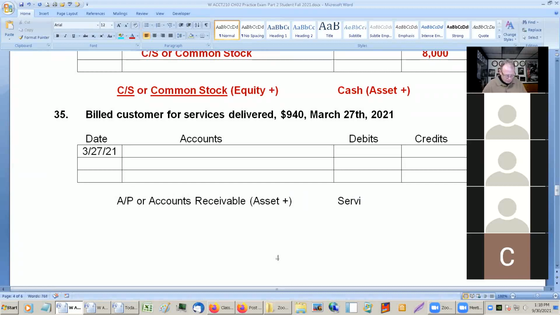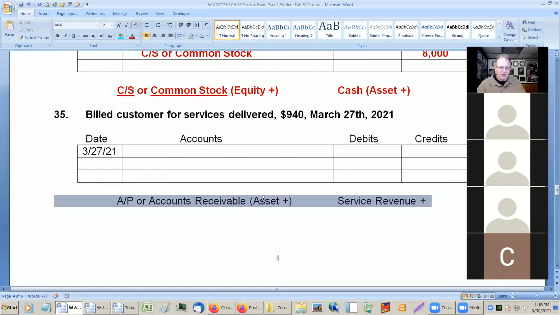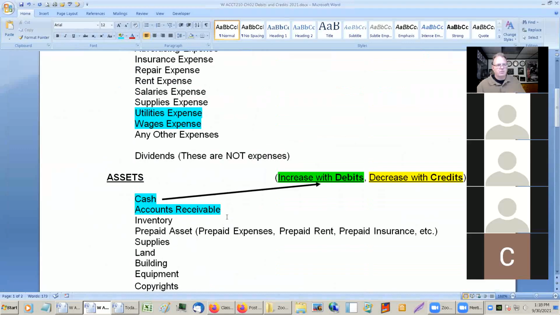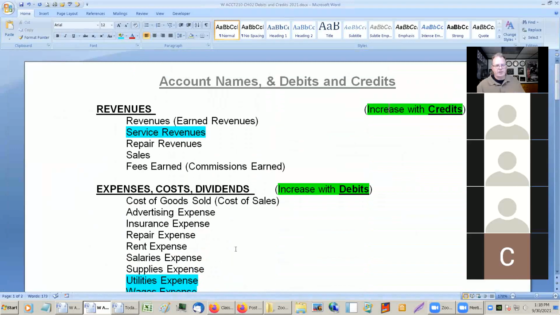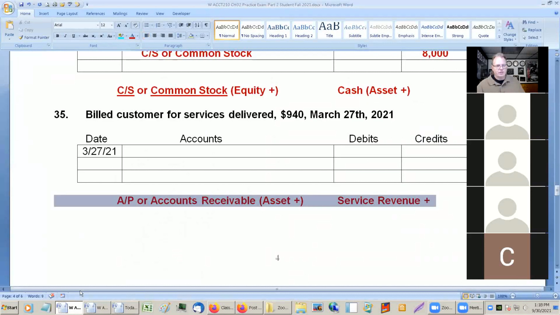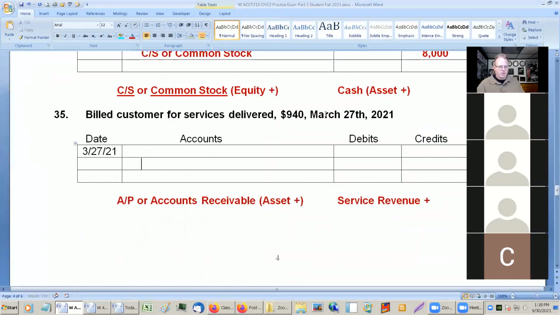Revenues are always going up, but we don't even need to know that because we know that revenues are always up here. They're always credits. So whenever you see a revenue,